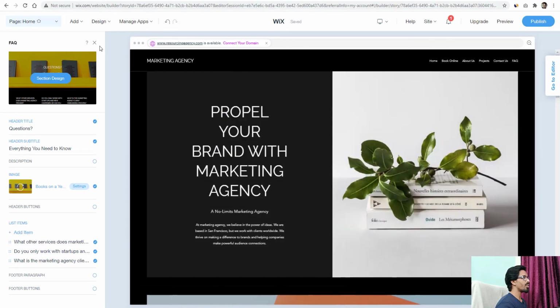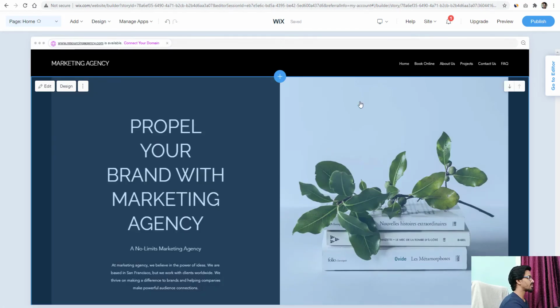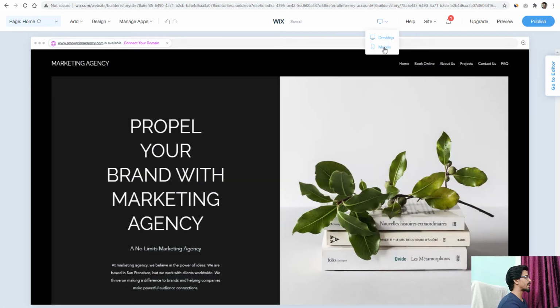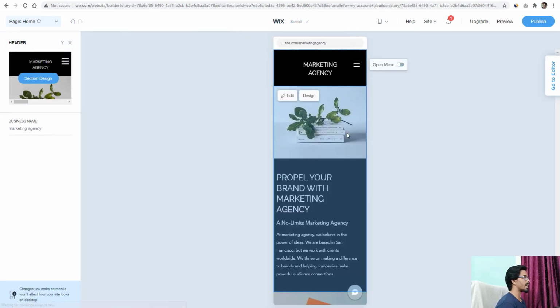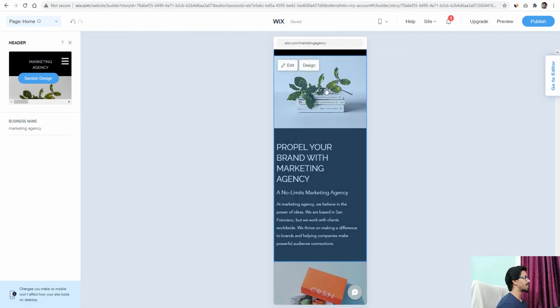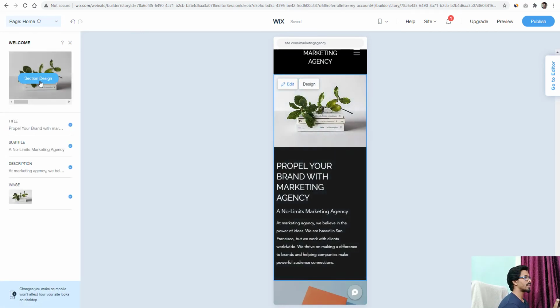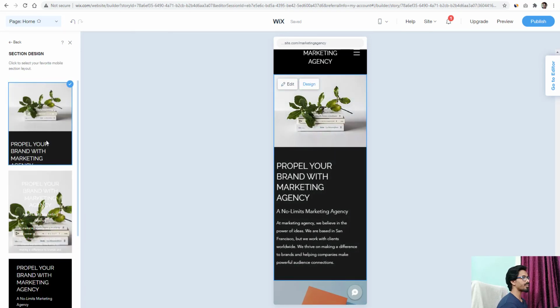And if you want to optimize this for mobile, as we have already discussed, it is already optimized for mobile. But if you want to change some design, or move something here and there, you can easily do that. Like if you want that image to come down, just click here and go to this section design.